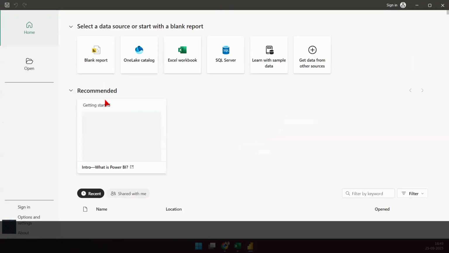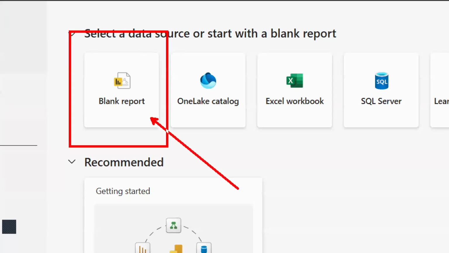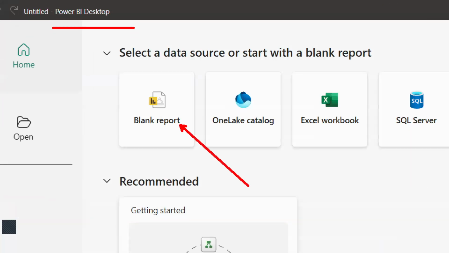Okay. So everything that you do here is going to be a report. This is our desktop version, and just like any other application, you have used PowerPoint, you have used different tools like Excel and Word documents and all of that. This is just again an application. This is called Power BI Desktop. And everything that you do here is called a report. So that's what we have.